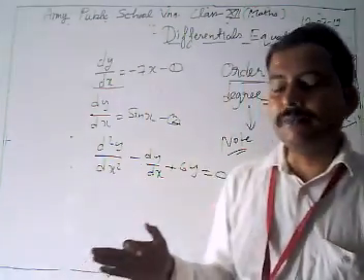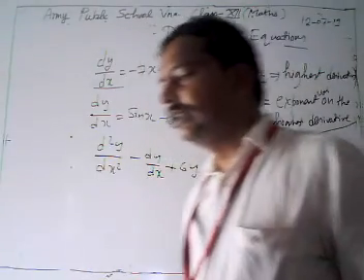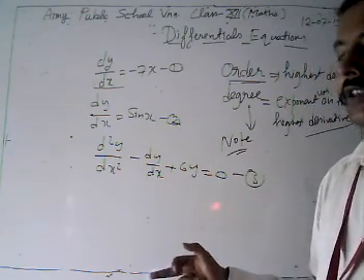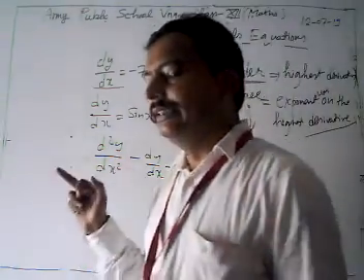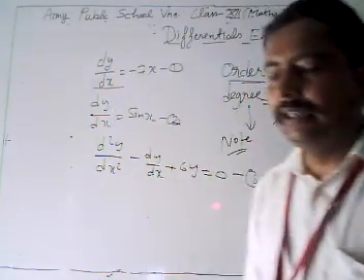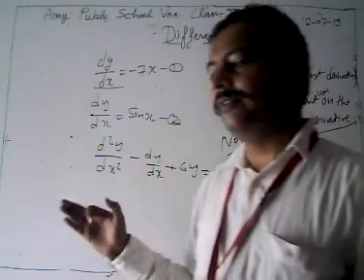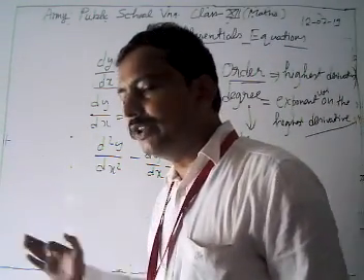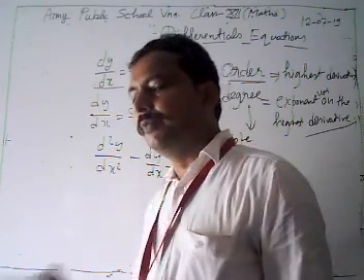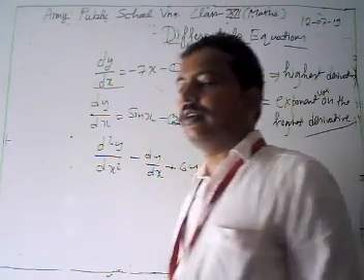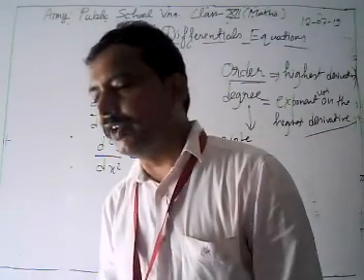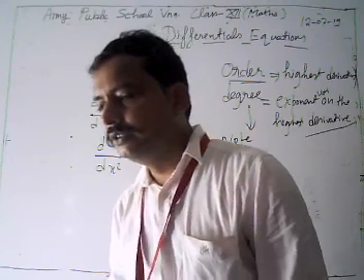The exponent should be a positive integer, so we have to be careful about that. To find the degree of any differential equation, first of all we have to check that there are no radicals on any derivative. If there are radicals on a derivative, we first try to remove them. If we are not able to remove the radicals, then the degree is not defined. So you have to take care whenever you find the degree of a differential equation.